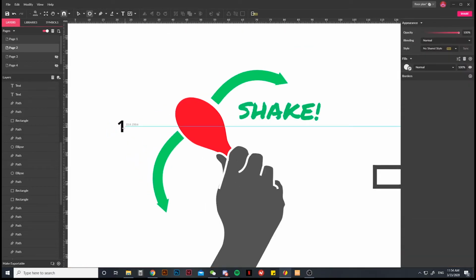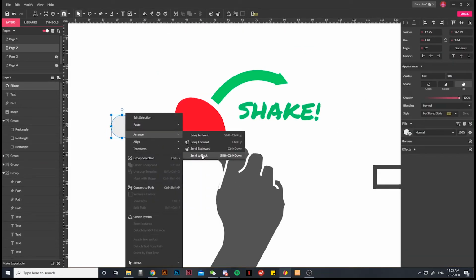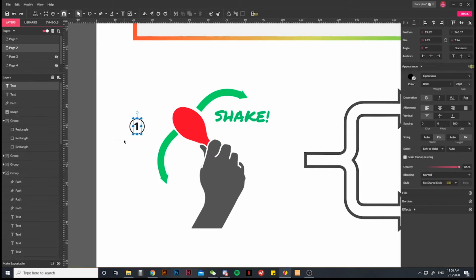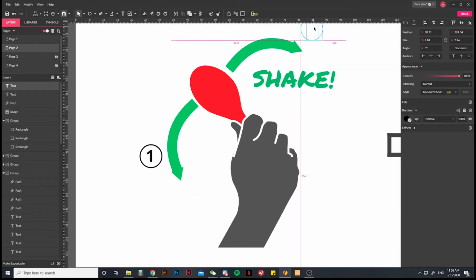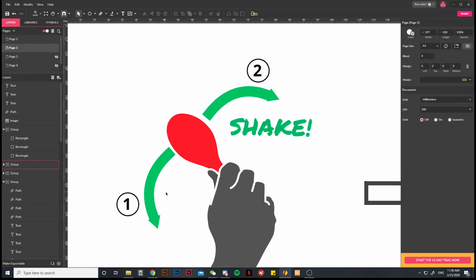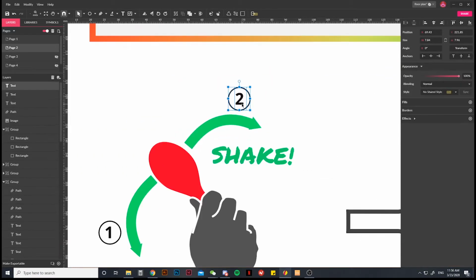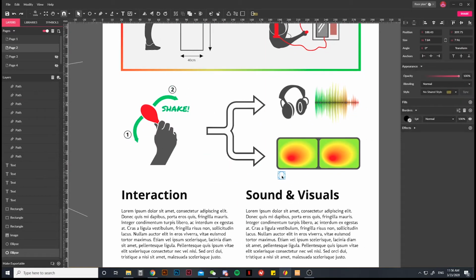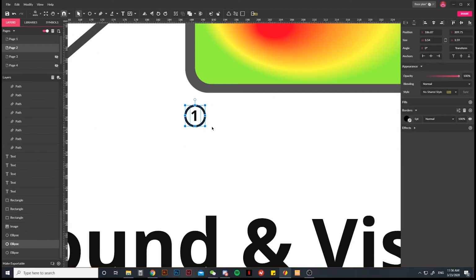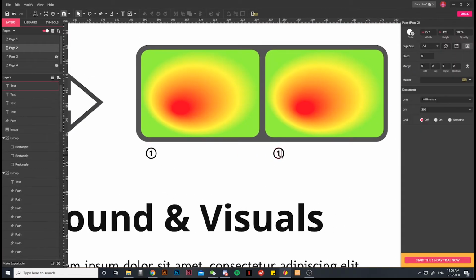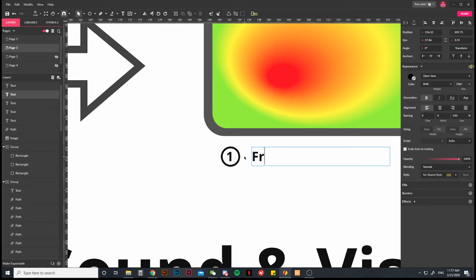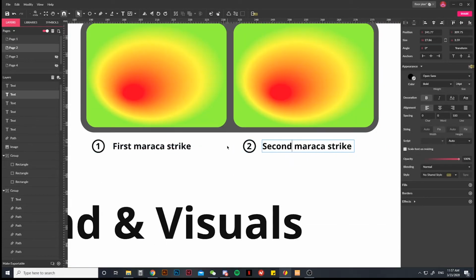Next, I want to illustrate the two beats of shaking a maraca. What are the two effects when shaking it? When you're at the bottom and when you're at the top of the shake. For that, I create two small number indicators referencing the 1 and the 2 stroke beat, and I will reference them again on my right side where I show what happens in my screen and also what happens in my headphones. So I write first maraca strike and second maraca strike,